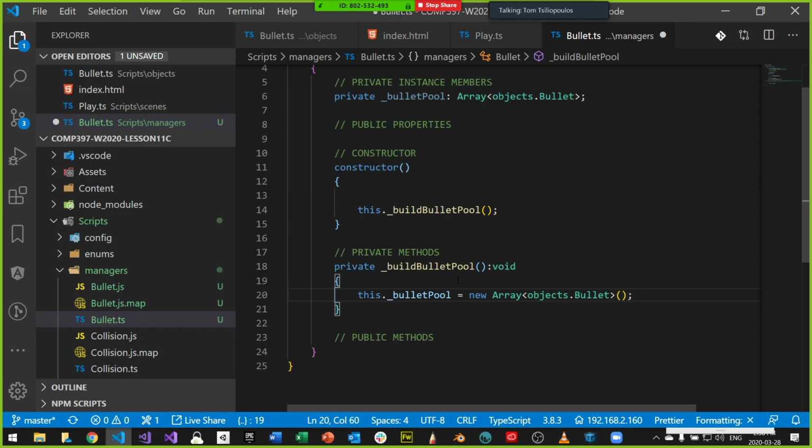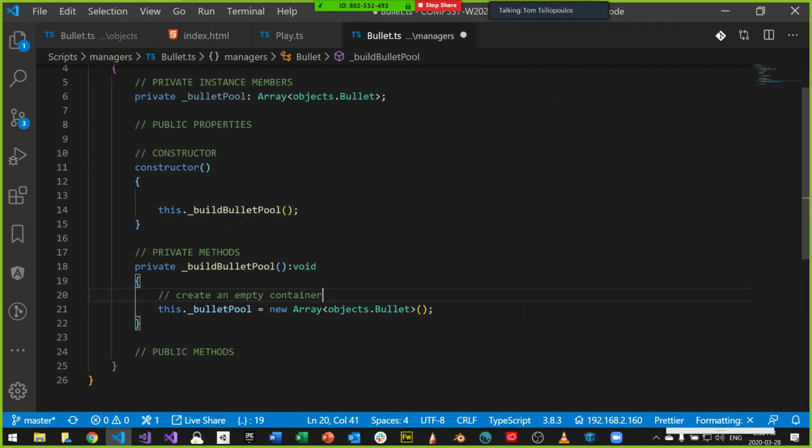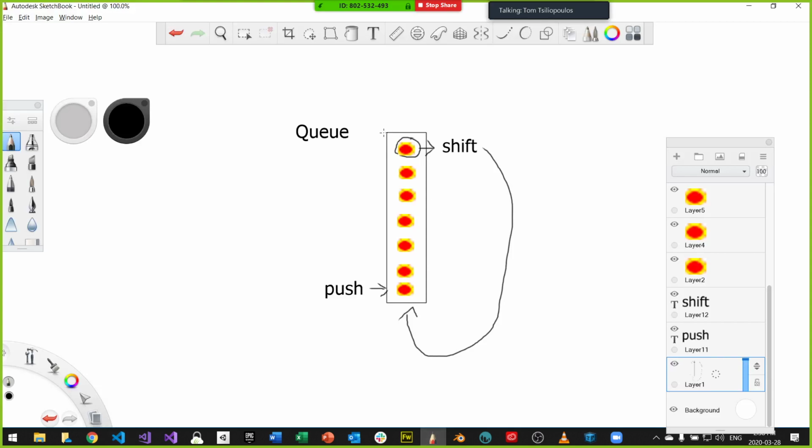So this creates an empty container. That's what it does. There's nothing inside of this pool right now. It's literally just an empty box. If we go back to what I was drawing, it's just the outside, just the box. There's nothing inside. There's no bullets.